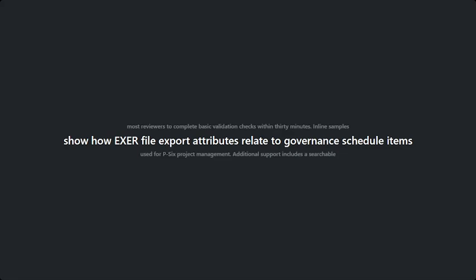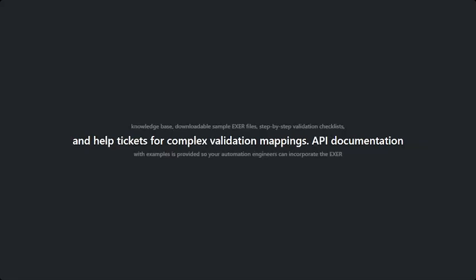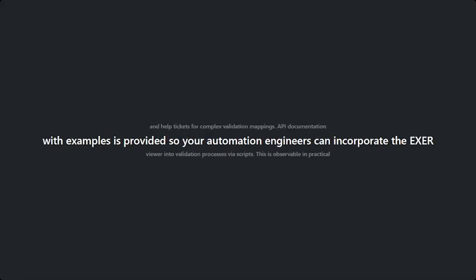Inline samples illustrate how XER file export attributes are related to governance schedule items used for P6 project management. Other support includes a searchable knowledge base, downloadable sample XER files, step-by-step validation checklists, and help tickets for complex validation mappings. API documentation with examples is provided so that your automation engineers can use scripts to incorporate the XER viewer